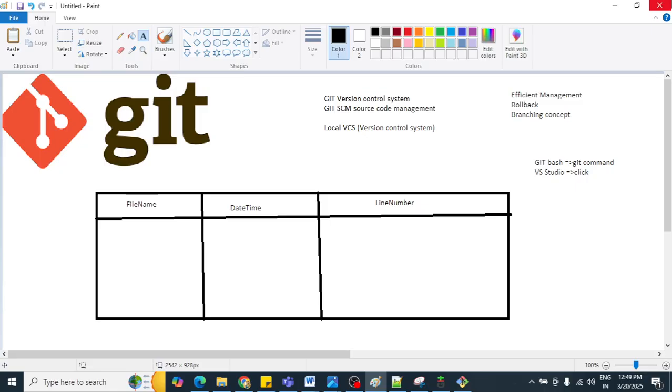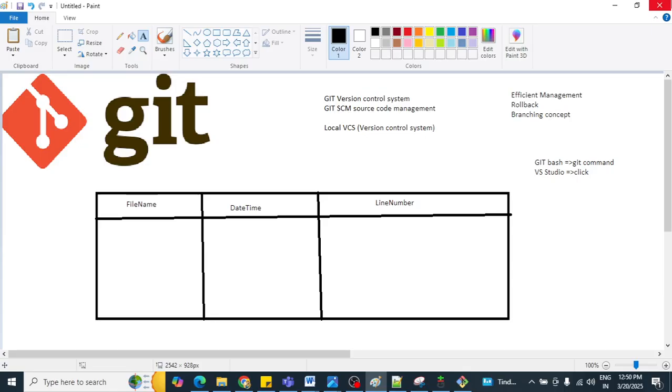Before Git, some systems were also there. That is called the local VCS, the local version control system. How were they tracking this? They were maintaining a database locally, and in that database they were mentioning the file in which they were going to make changes. They mention the line number. In that line number, developer A did some changes, developer B did changes. That way they were maintaining those records. But the issue is that if your laptop goes down, then you will lose that particular local VCS system. So that is also one more problem.